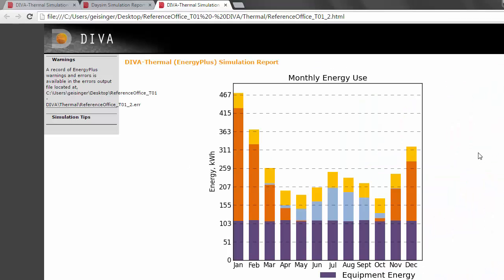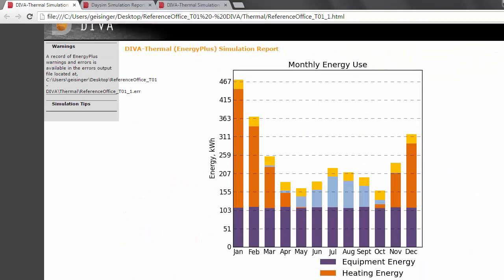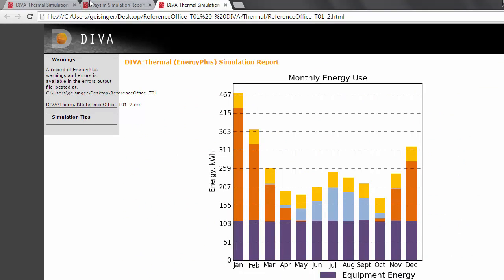And a new simulation report pops up, and you'll see that the lighting energy has increased a little bit from our previous thermal simulation. If I go back to the previous simulation and compare that to our energy use from before, you'll see that the lighting energy has increased. Because of the additional lighting energy being consumed, there's heat given off by those electric lights. And that extra heat is actually going to reduce our heating load a bit, which is why our total, let's say if we look at the